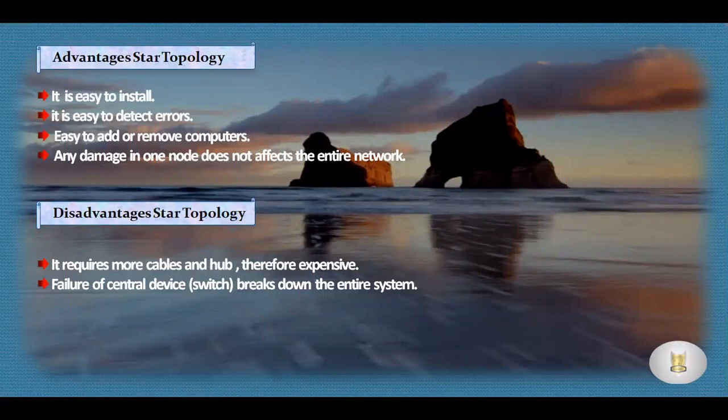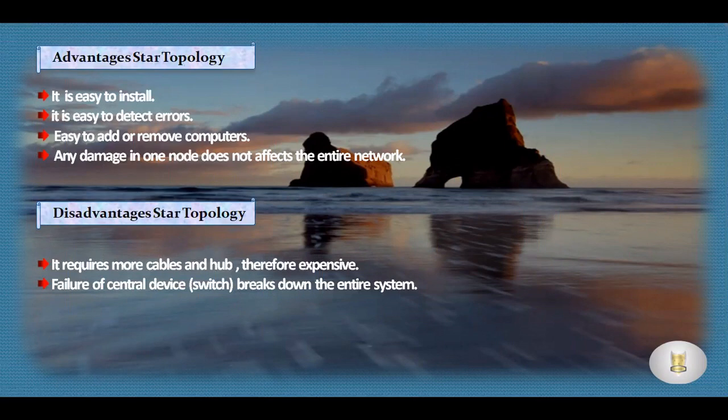It means that any computer can be added to the network easily, and also we can remove any computer or device from the network easily. Number 4, any damage in one computer node does not affect the entire network system. It means that if any node in the network doesn't work, it won't affect any other computers in the network. So these are the advantages.